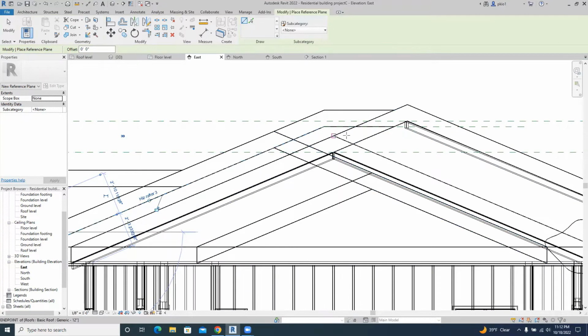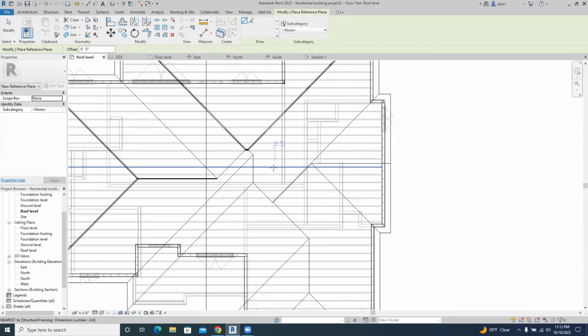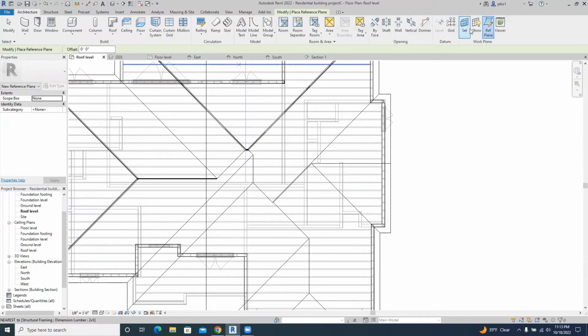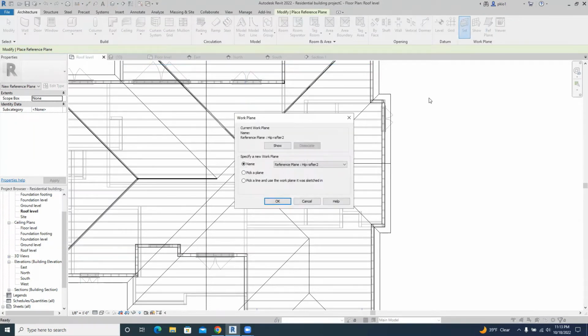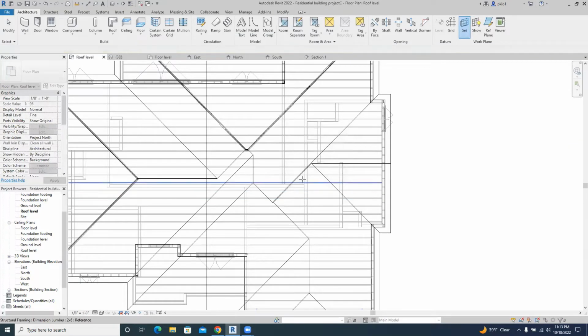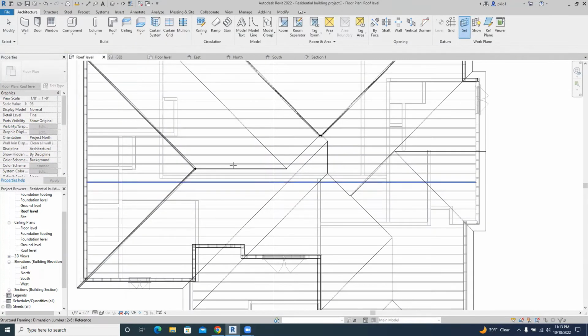So for us to draw this ridge, we'll go back to the roof level, architecture, set reference plane. We're going to set the plane for ridge number 3. Click on it. Click on, we said pick a plane. So ridge number 3 is what we're picking. Ensure that ridge number 3 is here, and okay. So now when we go to beam,